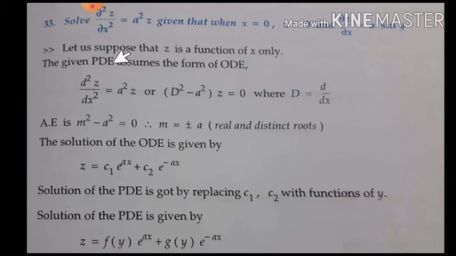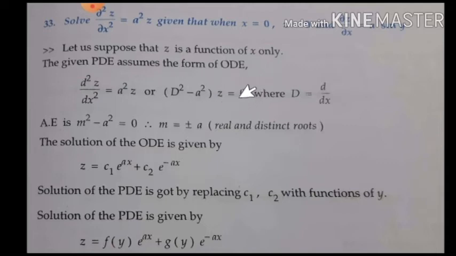Convert the given PDE to an ordinary differential equation by assuming z is a function of only x. So when we take only x, dou will go, and what you are going to get? The dou operator can be written as D operator. So this is nothing but an ordinary differential equation of second order. Write the obtained ordinary differential equation using the differential operator. Solve that.